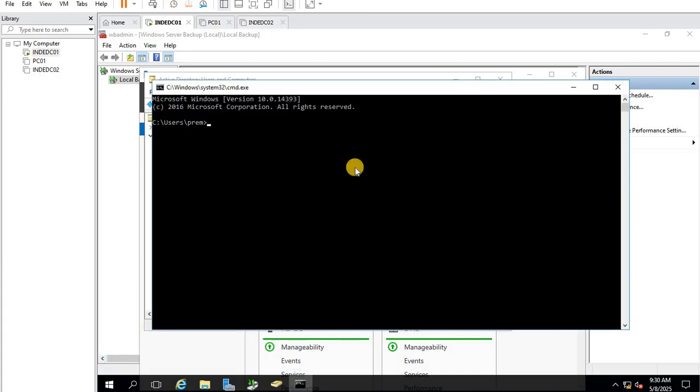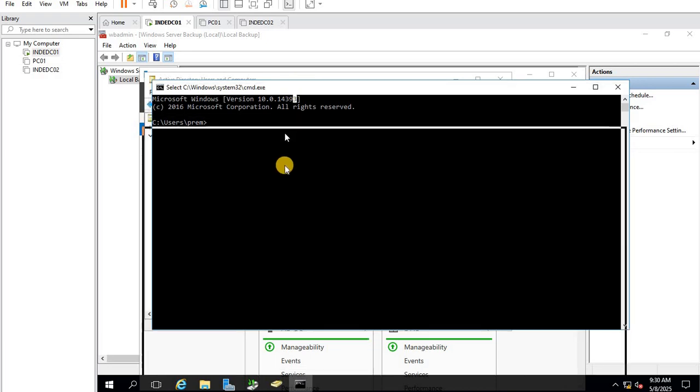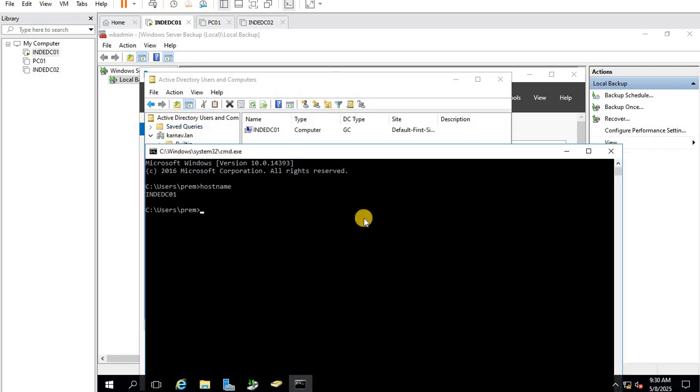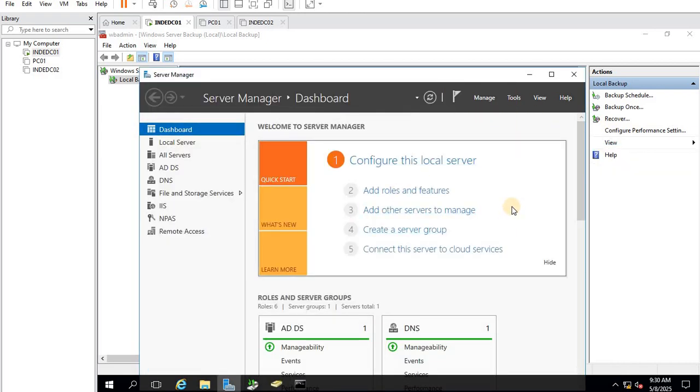In CMD, you can also see netdom QUERYDC. Okay, this is my domain controller. So I have installed, or promoted, this server as a domain controller.